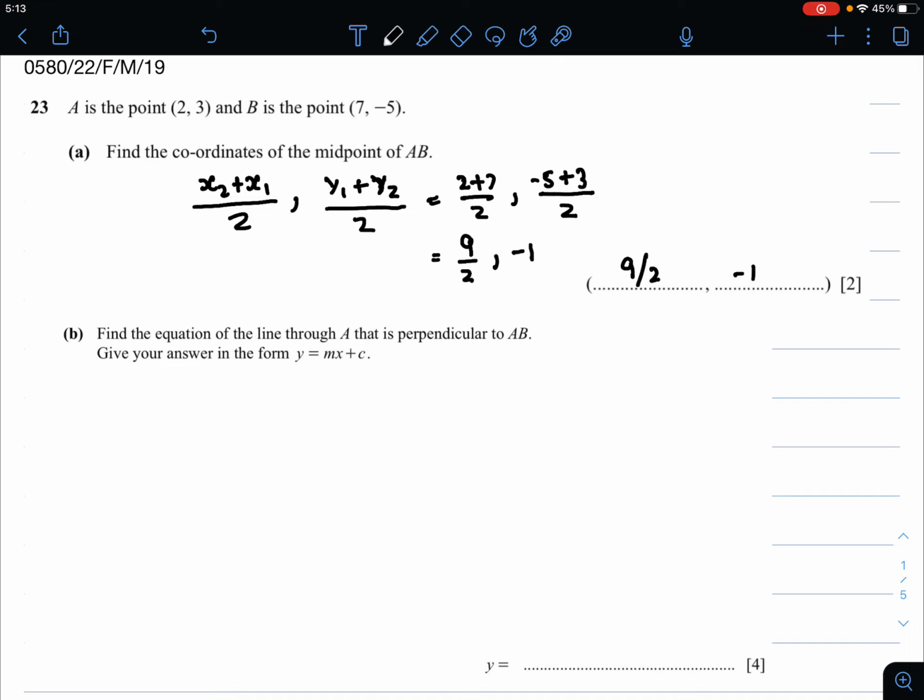Now let's move to part B. Find the equation of the line through A that is perpendicular to AB. So for that, first we need to find the gradient of the original line. So let's label that as M1. So M1 is equal to x2, my bad, you need to use y in the numerator, so y2 minus y1 divided by x2